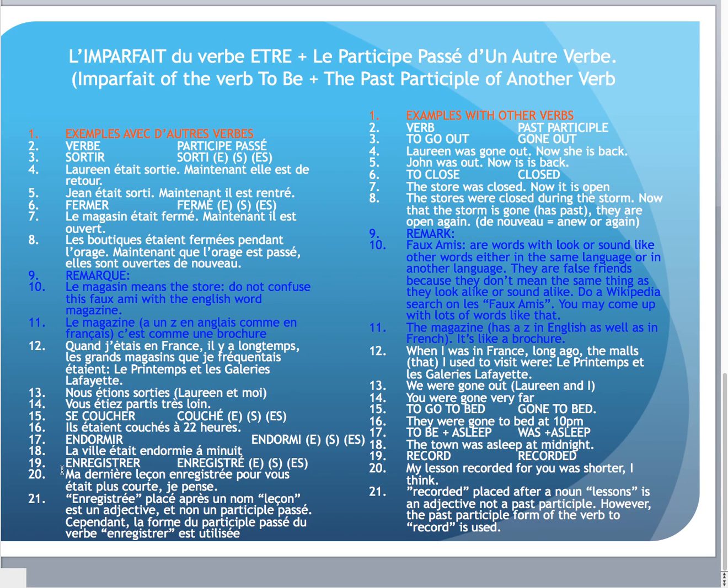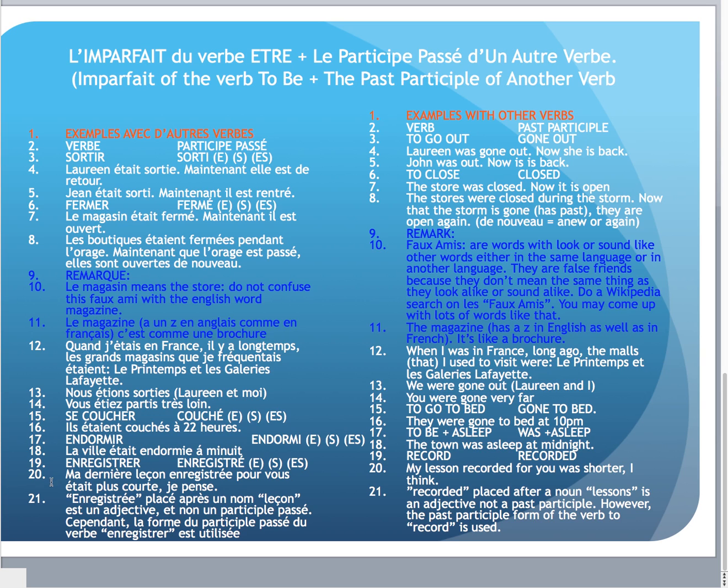Line 19. Enregistrer. That's a verb meaning to record. Line 19 on the right column, to record. The past participle form of this verb enregistrer is enregistré, to which you will add E or S or ES depending on the description. The past participle in English of to record is recorded. It's invariant, regardless of who is speaking. Is it a female, one female, two females, or only males? So,